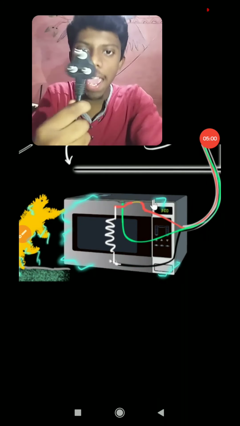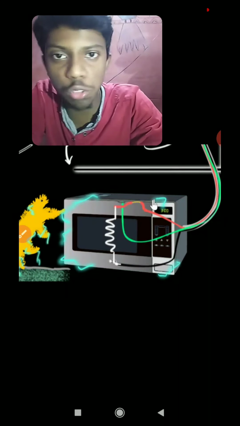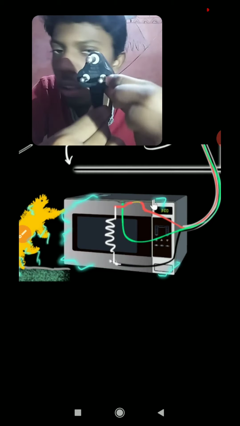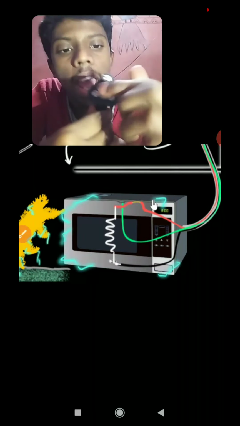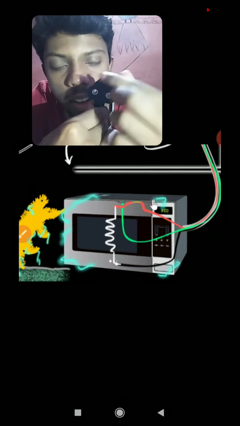So you can see a wire. This is my laptop charger wire. You can see there are three pins. Each pin constitutes a wire. One is for live, one is for neutral, and another is for earth. So this will be live and this will be neutral, or this will be neutral and this will be live, no doubt in that. And this third pin, which is a little bit fat and long, is your earth wire.